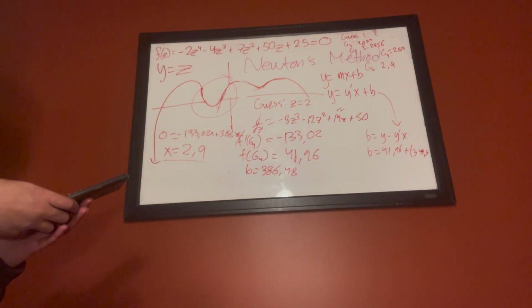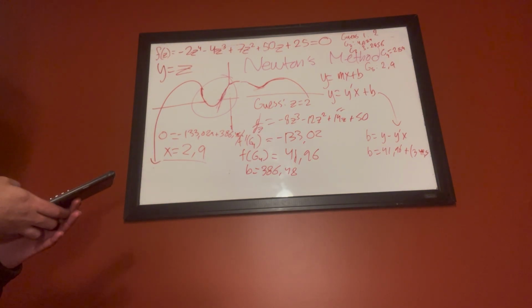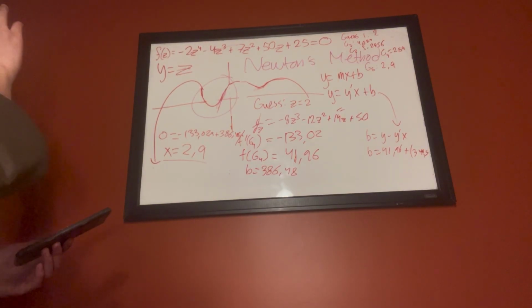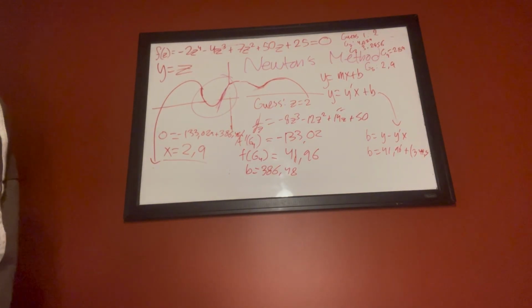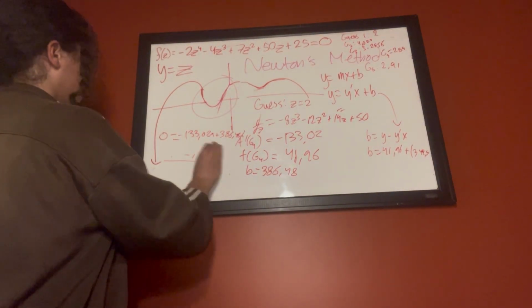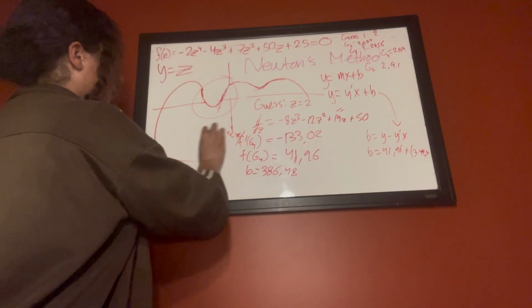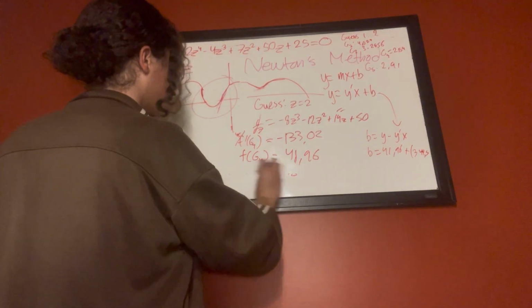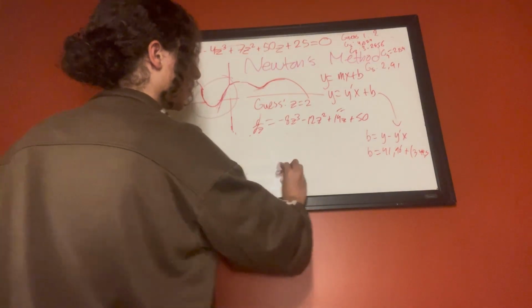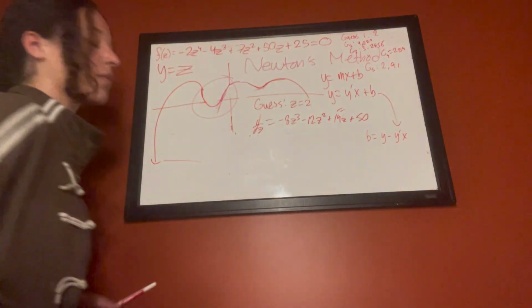386.48 divided by 133.02. Yeah, it's still 2.9. Okay, maybe I can be a bit more specific with this. It's 2.91. Okay, and now let's go on to our next convergence. So we have